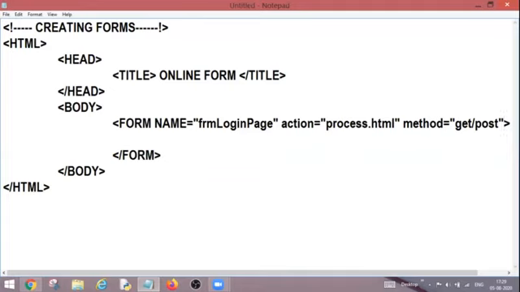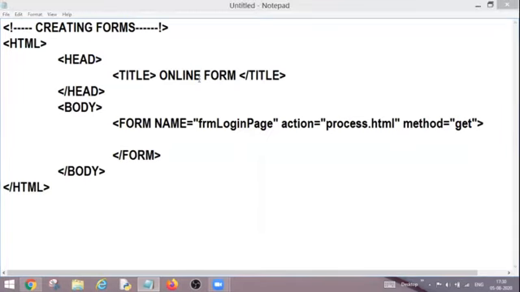Get method, if my processing page is using the get method, then what happens once I'm submitting my form, then everything will be displayed in the URL upside. That means all the details will be displayed over there in the URL. But if the processing page is going to process the form with the help of post method, then everything will be secret. That means nothing will be displayed over there in the URL. So we'll talk about it later on also, how my get and post method works, and I will show you with the help of example as well. So this is the way of creating a form in HTML.